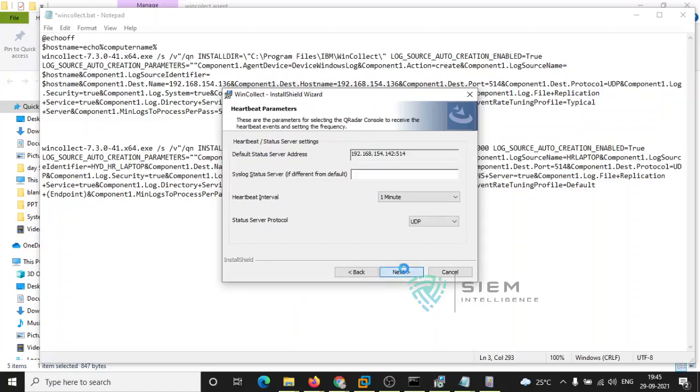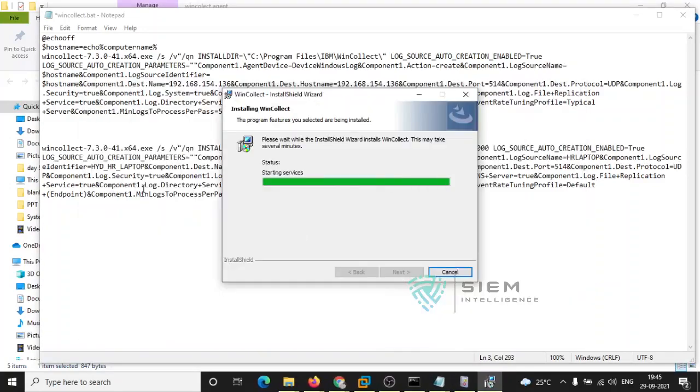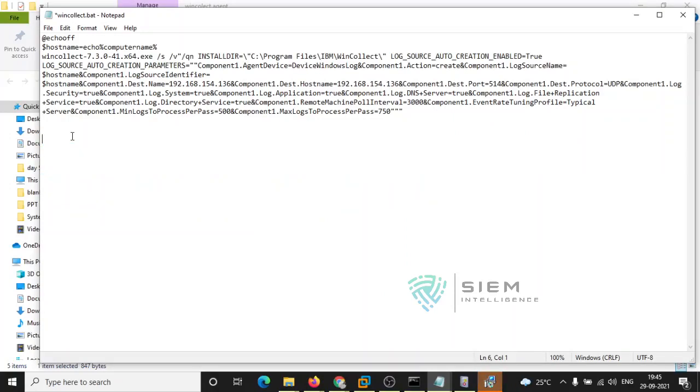So now what will I do? I will just run this. Okay, now I will run this. This is just to give an idea of how to set up multiple installation. You can go for a network kickstart to install this particular WinCollect over the network on multiple systems, or you can tell them directly. People don't know how to install and all. You can just give this particular batch file along with the WinCollect. Just tell them to run this batch along with the WinCollect. It's quite easy for them. On double click, it automatically installs.